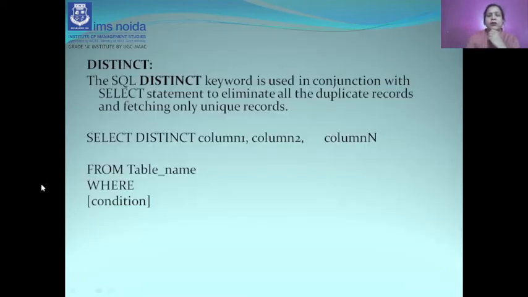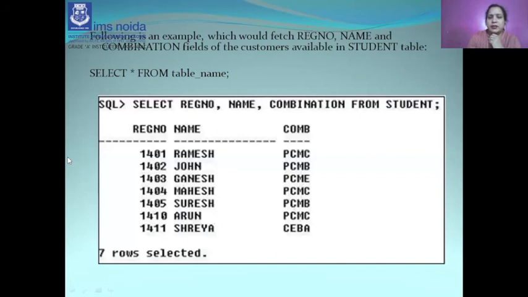Now we want to display the distinct values. If we look at the previous result, we have the combination PCMC, then again PCMC, then PCB, then again a duplication of PCB, then PCMC. It means the number of times we have PCMC.